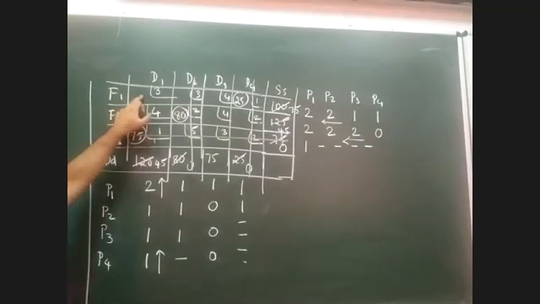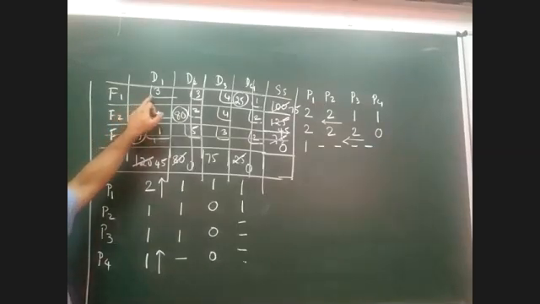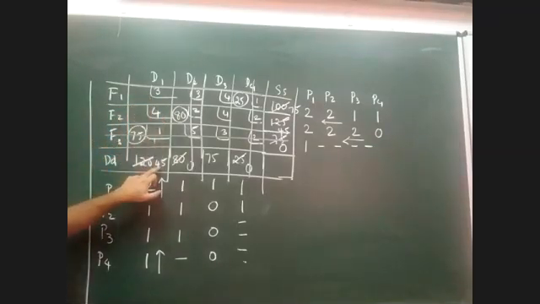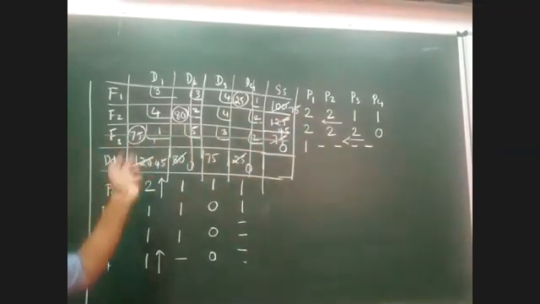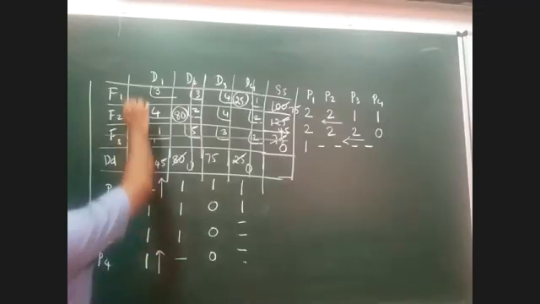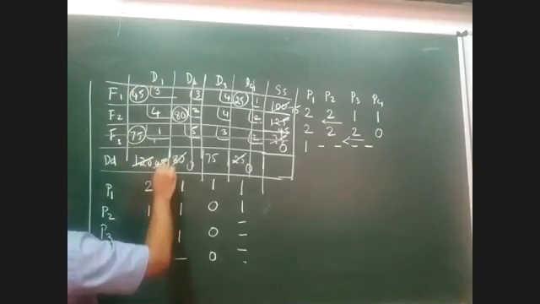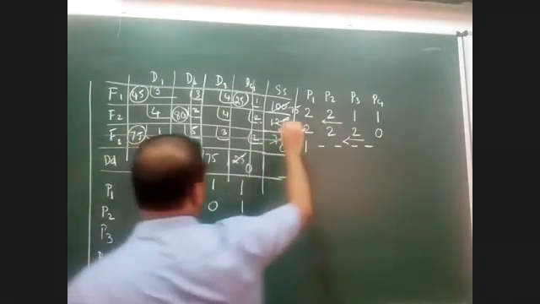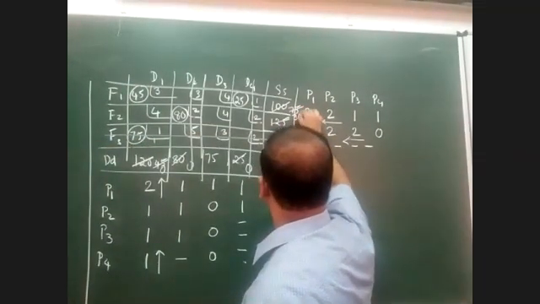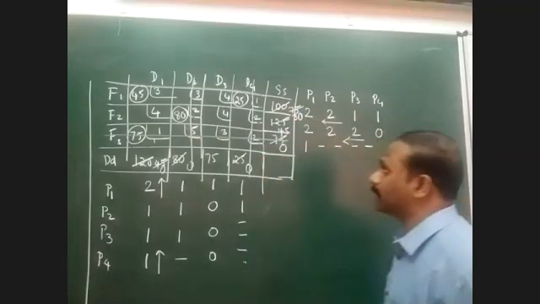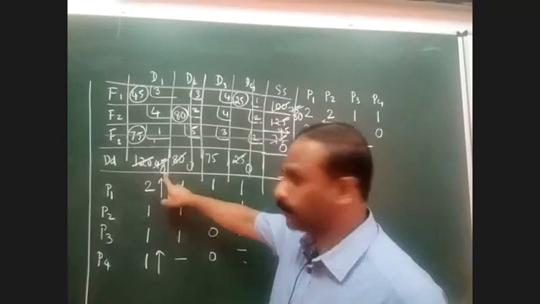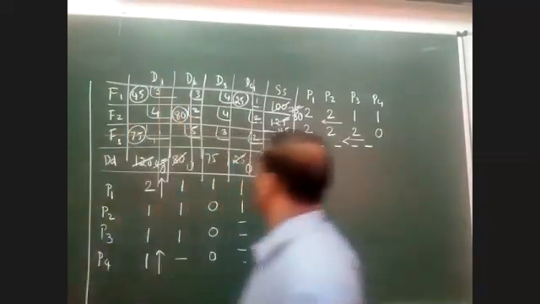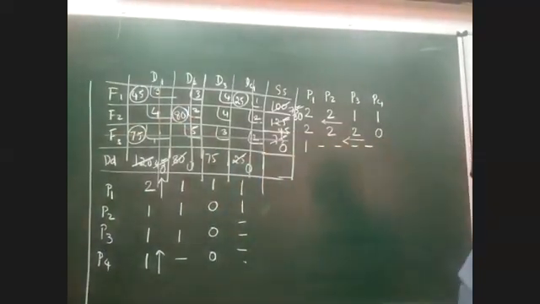Out of 3 and 4, the lowest value happens to be 3. You can see that 45 is remaining here and 75 is remaining here. Between 75 and 45, the lowest value becomes 45. So I'm allocating 45 here, so that this becomes 0 and this becomes 30. Since the value of D1 is 0, I can further reduce the matrix. Now you can see that the matrix is further reduced.